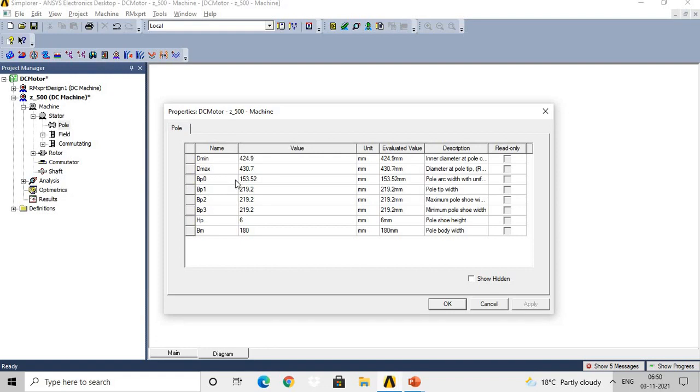So here, for example, D minimum. What is the meaning of D minimum? Inner diameter at pole center, like rotor diameter plus 2 into G minimum. That D minimum value is given here as 424.9 mm. Again here you can select the unit as per your requirement. Then the second one is D max. What is the meaning of D max? Diameter of the pole tip, or you can calculate it by the formula rotor diameter plus 2 into G max. So here they have given the value as